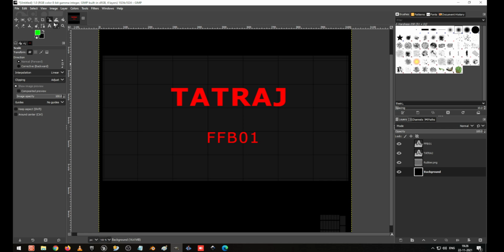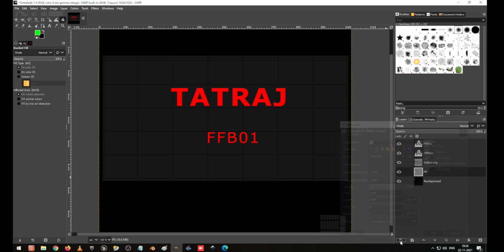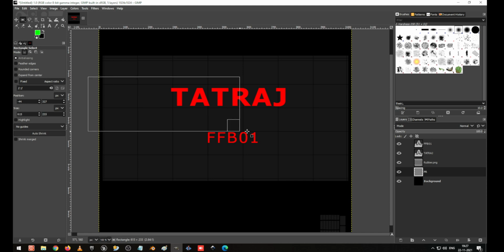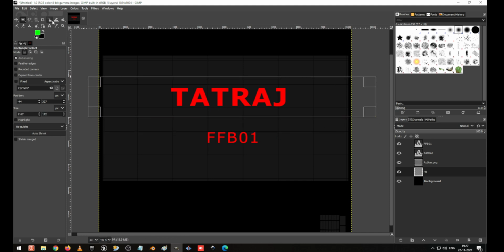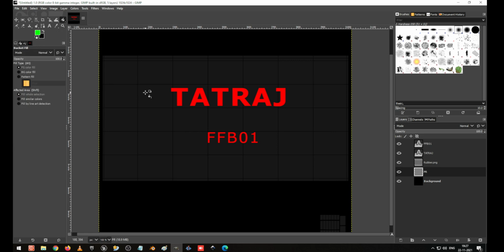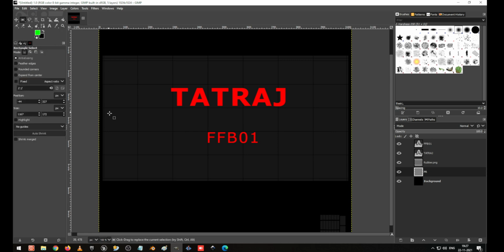Where is the paint? Yeah, paint buck, and I create a new layer. PBJ. Okay, what is the name? Let it be. Okay, now I create one more box. When I did it in a new layer, it came different. So I create one box, and now I go to the paint. Sorry, I create one box and I select that.